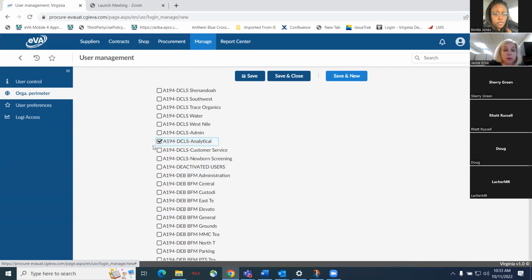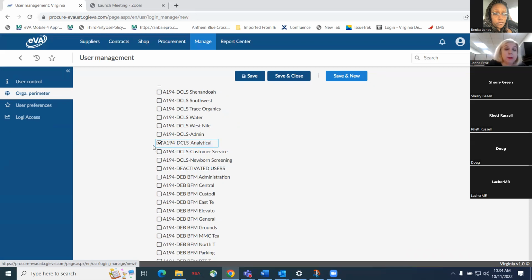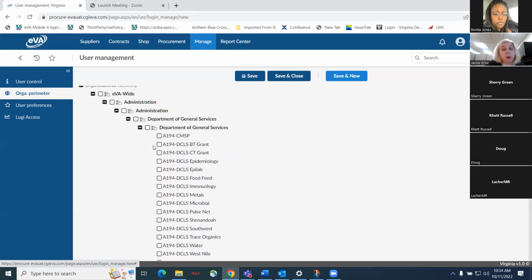So if I wanted this user to be able to create requisitions based on the workflow for this BSO, I would assign them this BSO. If I want them to view purchase orders as well, I would assign this BSO as well. If I want them to be able to view purchase orders for all of DGS, Department of General Services, I would click on the finger here at the top high level client level,